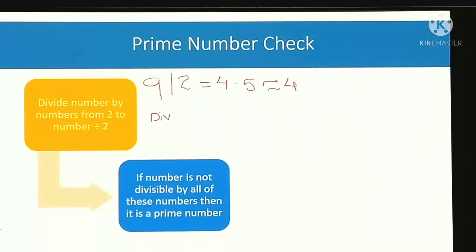Like here, if you look at 9 divided by 2, that gives actually 4.5, but according to the computer statement 4 will be considered, only the quotient. So if you check dividing 9 by 2, 3, 4, 9 is not exactly divisible by 2 because 1 will be left as remainder. But when you divide by 3, the remainder will be 0. That means 9 is divisible by 3, so this is not a prime number.